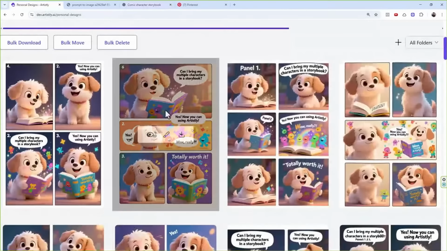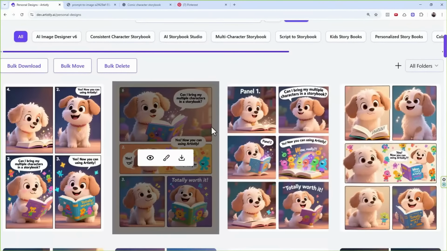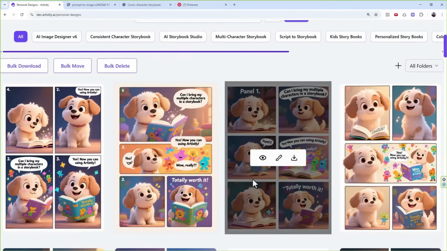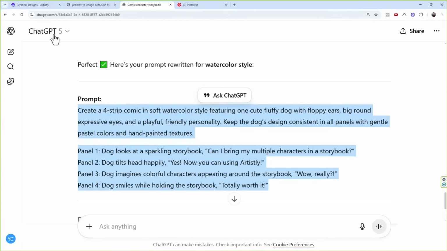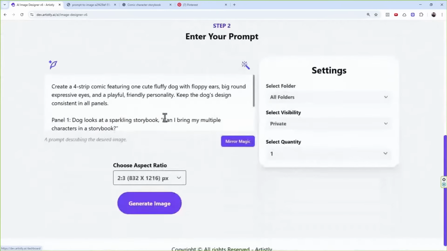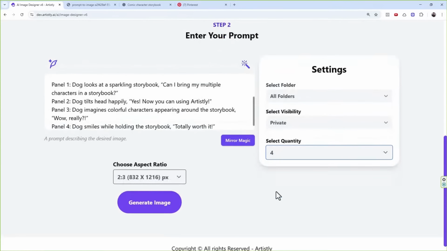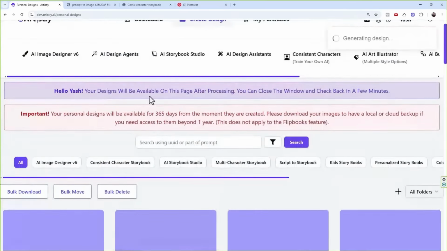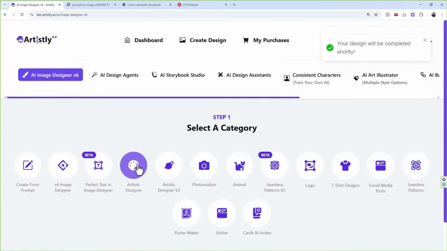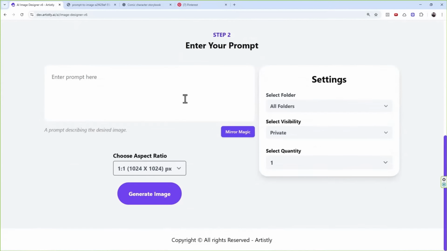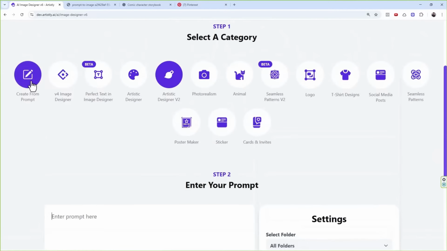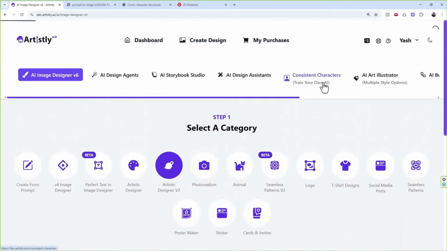Now, just wanted to let you know that Artistic Designer V2 is not just created to do these comic strips, right? It can do so many things that were not possible before. So I'm gonna take this prompt and regenerate, and this time you can create it in any style as long as you mention it. You can get good text. If you want perfect text, obviously we have the perfect text and image designer, but the whole purpose of designing Artistic Designer version 2 is to fill those gaps where Create from Prompt was failing,